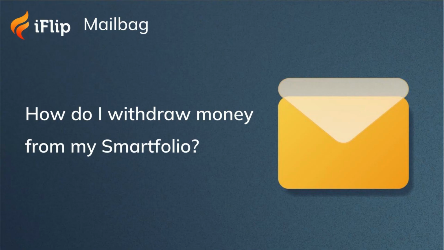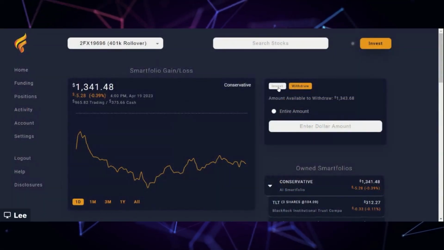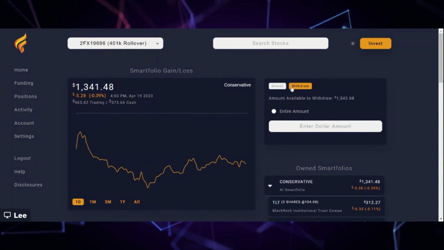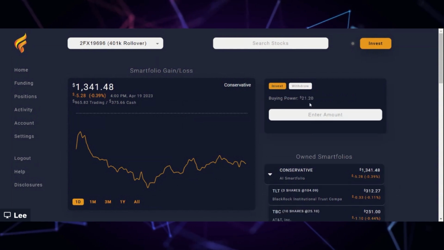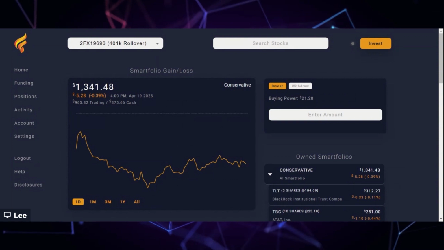How do I withdraw money from my Smartfolio? So right here on the right side, it has the invest and withdraw button. Whichever one's highlighted, that's the action that you're going to make, if that makes any sense. So if I have this highlighted and I enter an amount right here, that's me investing more money into this